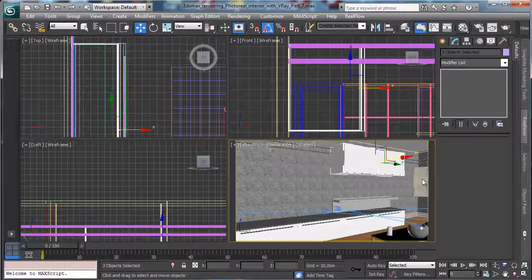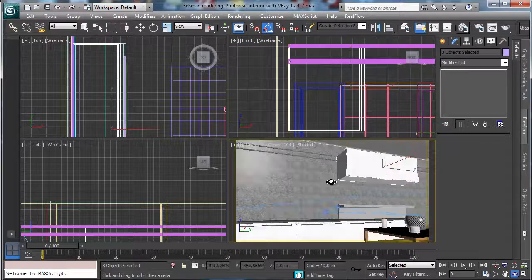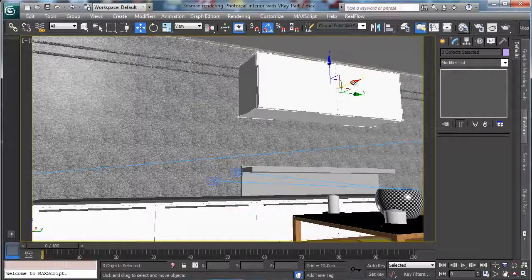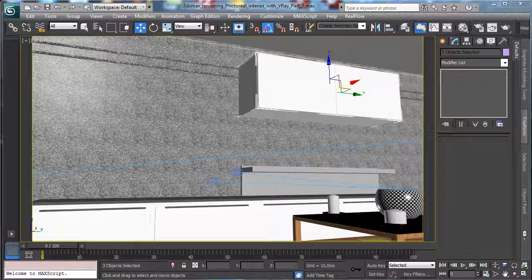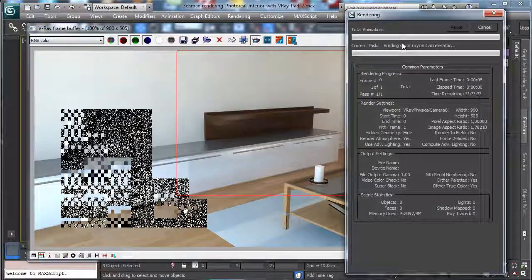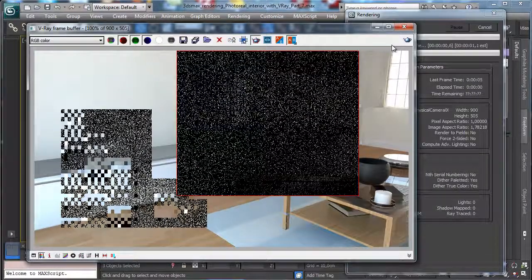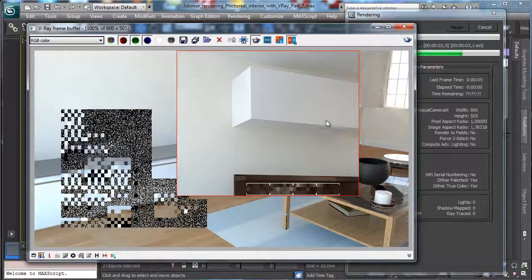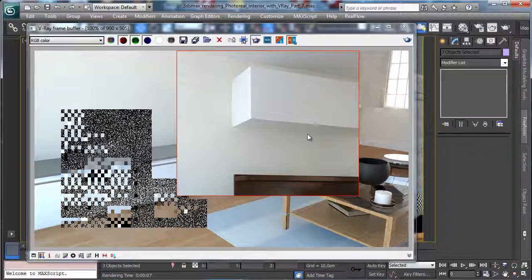Okay, and now it should be okay. Now if we go to render a preview, just to be sure that everything works fine, okay,